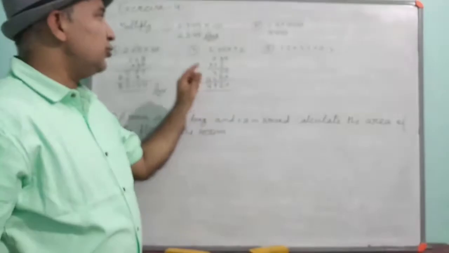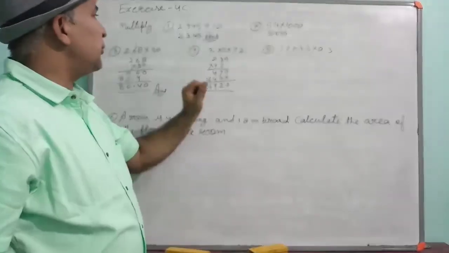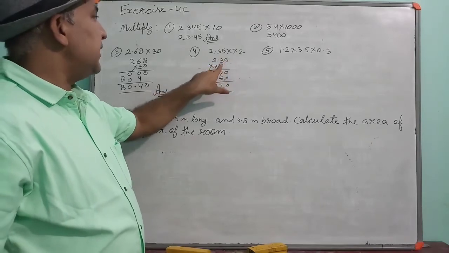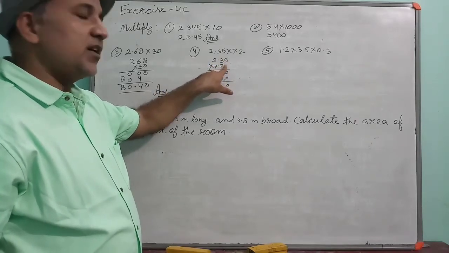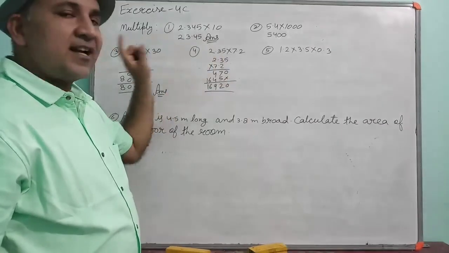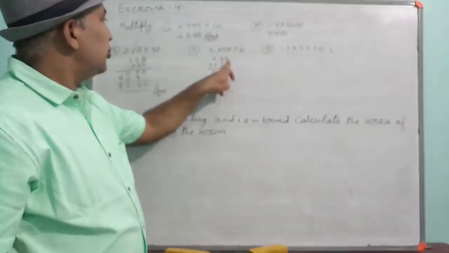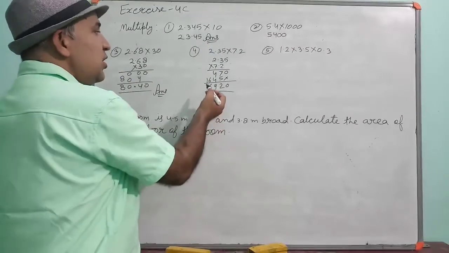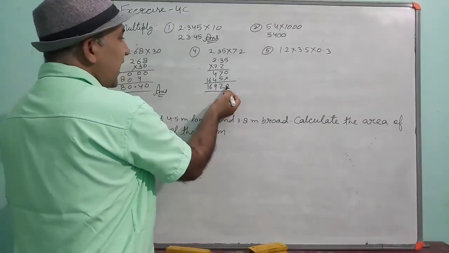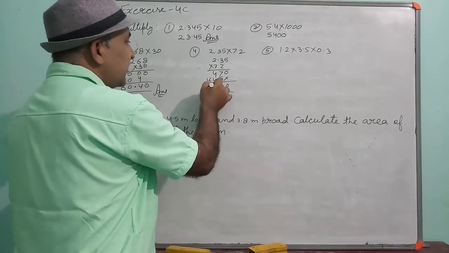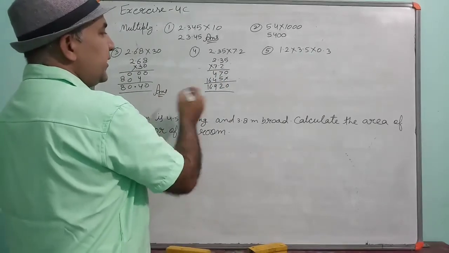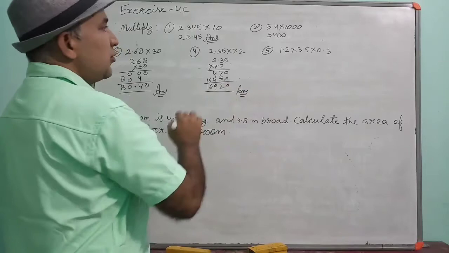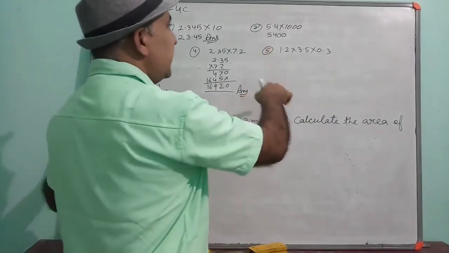After multiplying you have to see where to put the decimal. In the first number after the decimal 2 digits. In the second number after the decimal 1 digit. So total digits are 3 after the decimal. 2 here, 1 here. Total 3 digits are there after the decimal. So in your answer also from the right hand side after the decimal 3 digits should be there. Okay, so 1, 2, 3. 16.920 is the answer.